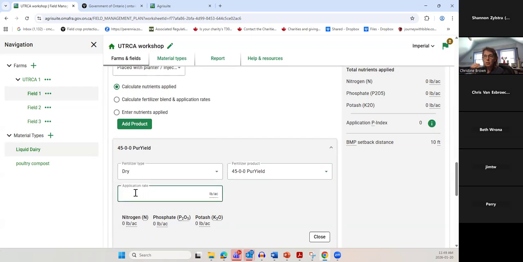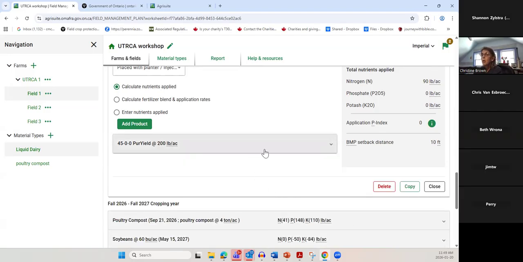So I don't know if this answers the question, but that pure yield, if my application rate was, no, it was 200 pounds, then 200 pounds is going to give me, yeah, okay. So that's going to already adjust that availability. I don't know if it's going to show it,